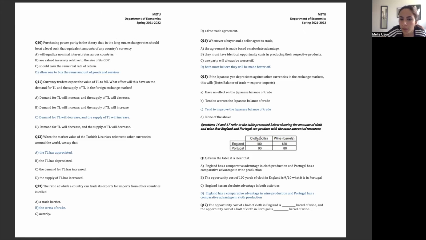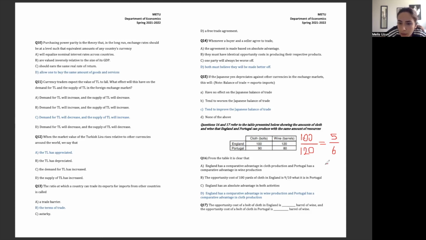For England, the opportunity cost of wine is 100 divided by 120, which is equal to 5 divided by 6. And for Portugal, the opportunity cost of producing